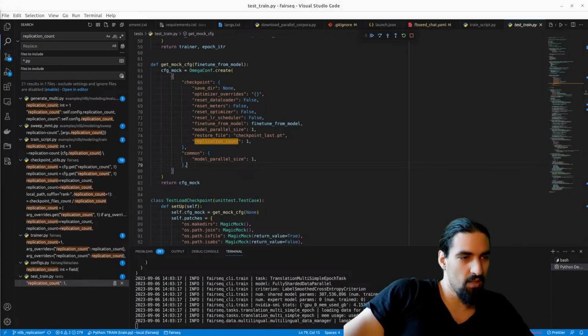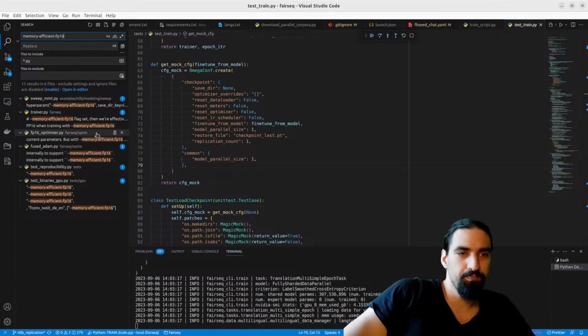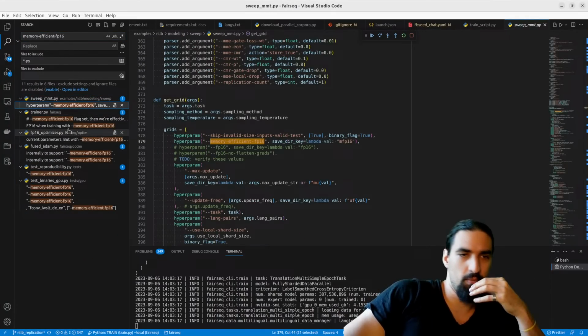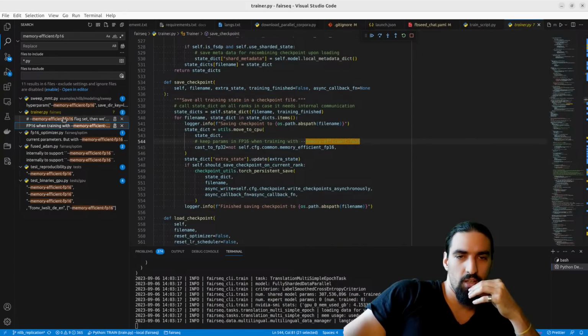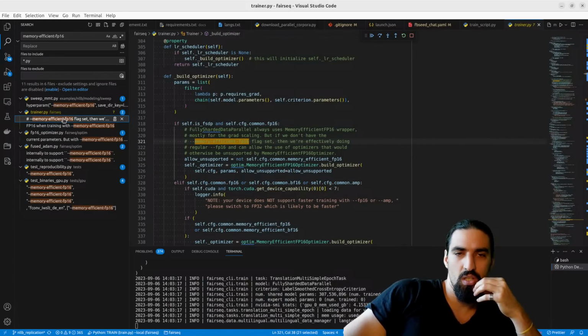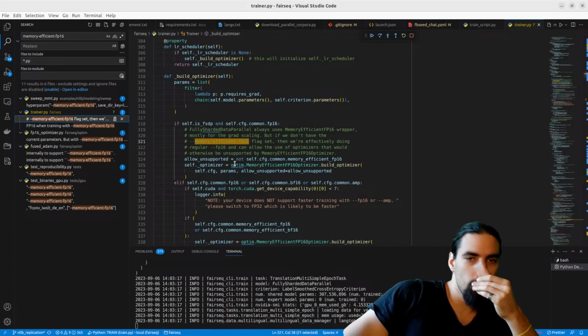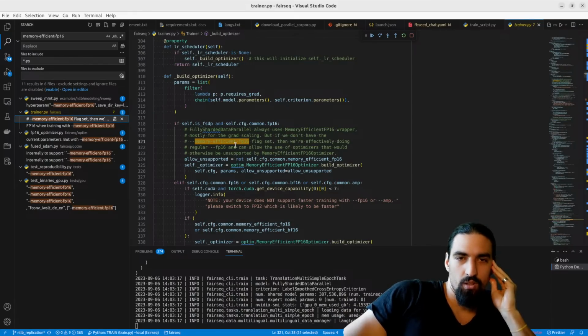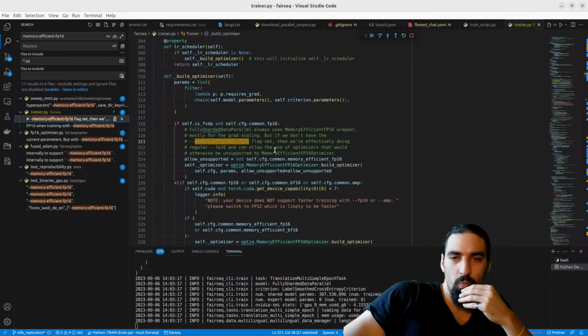Okay, we've set some breakpoints, and then there is the final one here, memory efficient FP16. That's probably set somewhere in the optimizer. So FSDP always uses memory efficient wrapper mostly for the grad scaling, but if we don't have that enabled, then we are effectively doing regular FP16 and can allow the use of optimizers that would otherwise be unsupported by memory efficient.